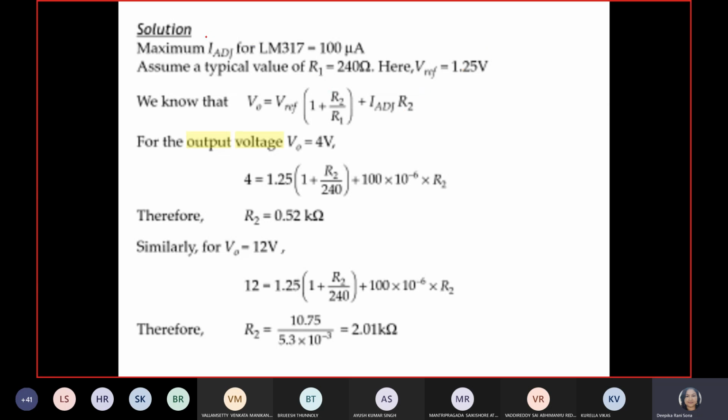The data given for the adjustable current is the datasheet value for the LM317. The adjustable current is 100 microamp. Guys, if it is not given to you, you have to consider this, okay. But mostly we provide the data while calculating. If not, you just consider this value. Then the reference voltage is also defined here, because this is the datasheet value. R1 is fixed at 240 ohm, and V reference is 1.25 volt.